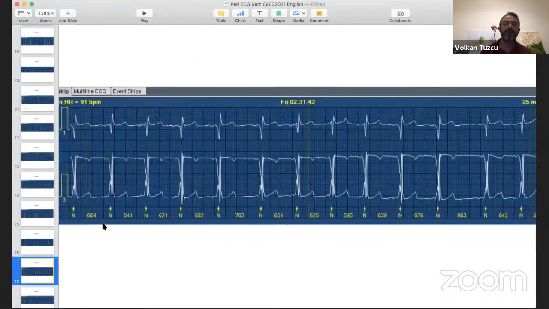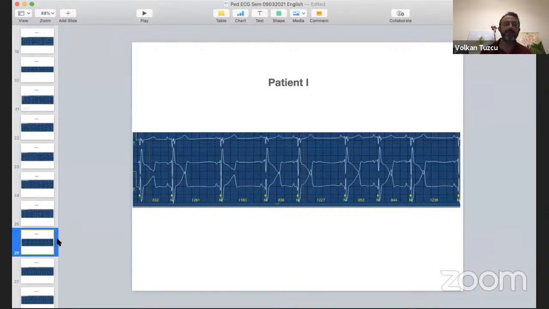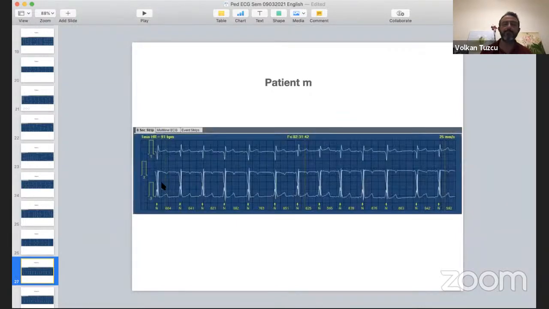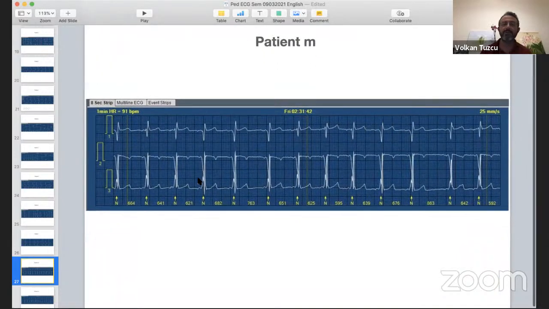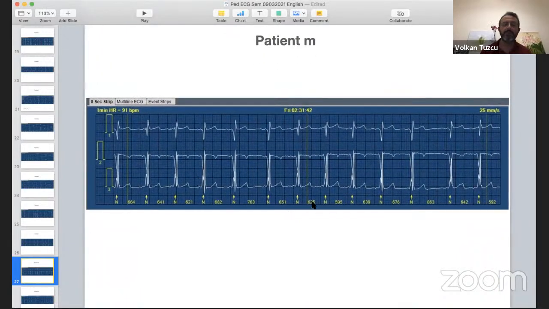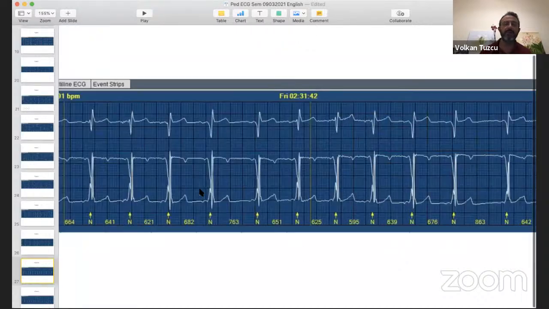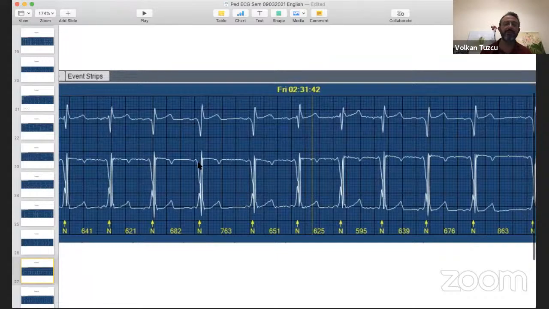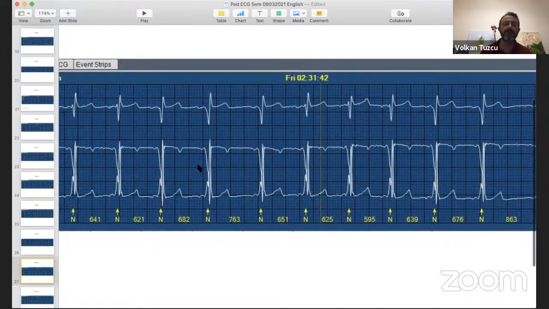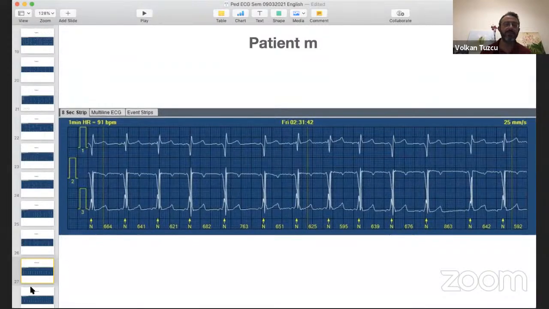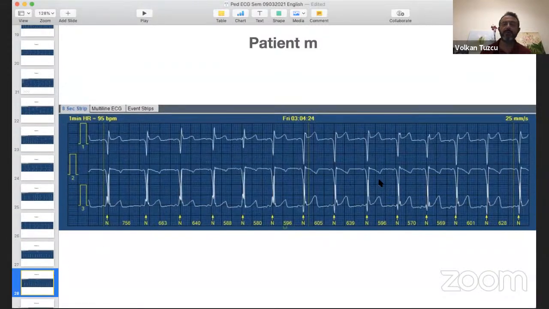Okay, very good. So let me see. All right, this is another patient. Looks like patient M. All right, so anything? WPW, right? If you look at it, the first lead is a little bit suspicious, but if you especially look at the second one and especially the third one, both of them, you should say WPW. All right, so far it looks sinus. And then